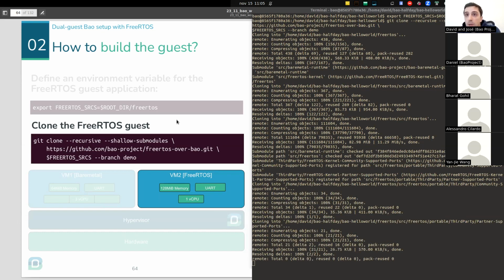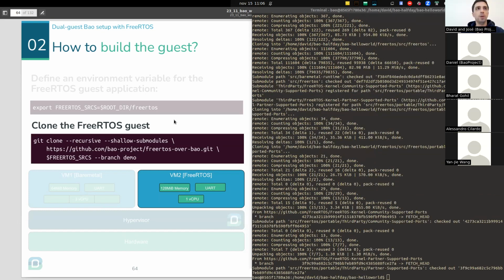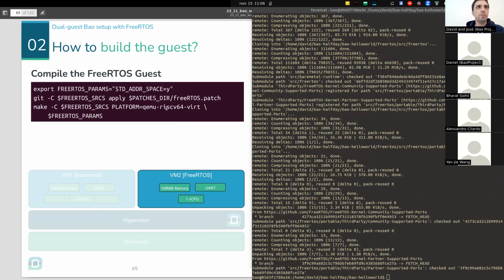Okay. Now it's cloned. So now we will build it. Just not really that relevant, but just to explain this, we apply a few patches for the bare metal application, so that it really matches what we want to say, and we pass it this parameter